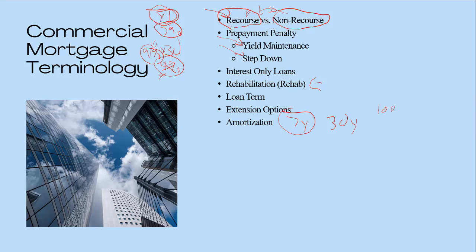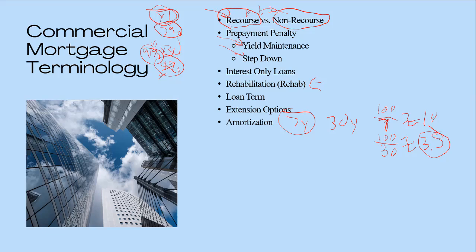let's say you had just a very simple example. Let's say you had $100 that you borrowed. If you had to pay it off over 7 years, the principal, it'd be 100 divided by 7, which is around 14. If you had a 30-year amortization schedule, you would have 100 divided by 30, which is approximately 3.3. So you can see here, sorry, it's not the best handwriting, but I think you get the idea. A 30-year amortization schedule is just going to make the payments much smaller.